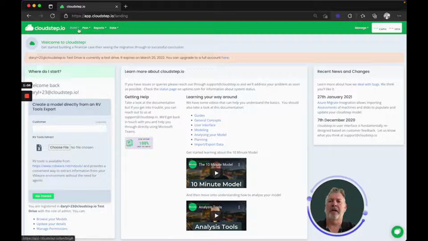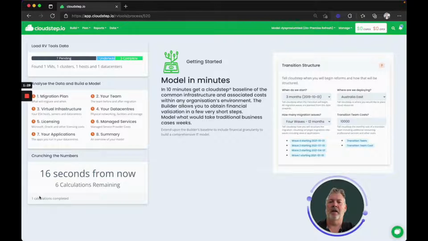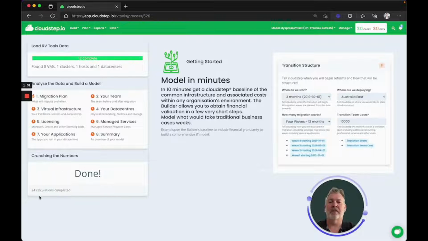So a little bit of navigation up the top, but what we want to concentrate on today is how to build that first model. So over here on the left hand side, just simply enter a customer name and select a RV Tools export file. So you can see the file name here and just simply press get started. Okay, the model will take several minutes to generate,